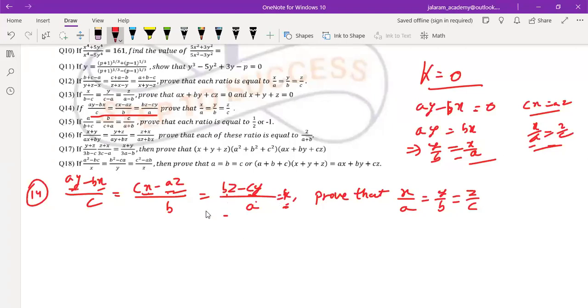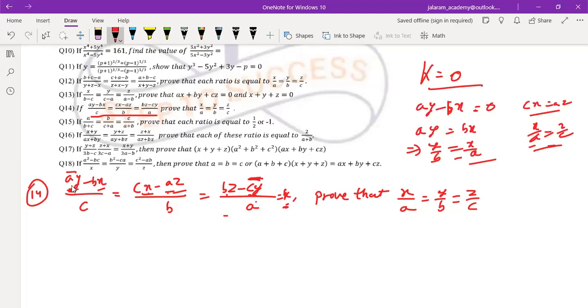So let's first multiply numerator and denominator of each ratio by a constant. Look at this. This is ay, and one more term is cy. The coefficient of y in the first ratio is a, and in the third ratio it is c. So if you multiply c to the first ratio, it becomes acy, and a to the third ratio, it becomes minus acy. Then they will be cancelled out, acy minus acy.